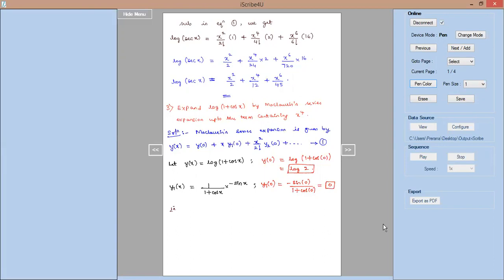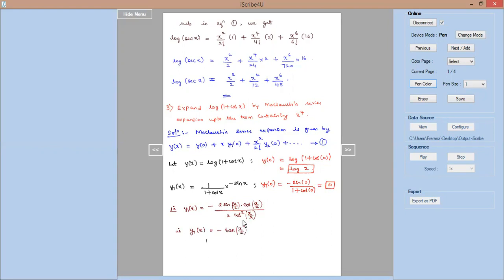So we will rewrite this y1 of x as minus, as it is, 2 sine x by 2 into cos x by 2. Denominator 1 plus cos x is 2 cos square x by 2. So this is helping me to cancel 2. One cos term gets cancelled. We remain with sine by cos, which is nothing but tan. So we have y1 of x is equal to minus tan x by 2.